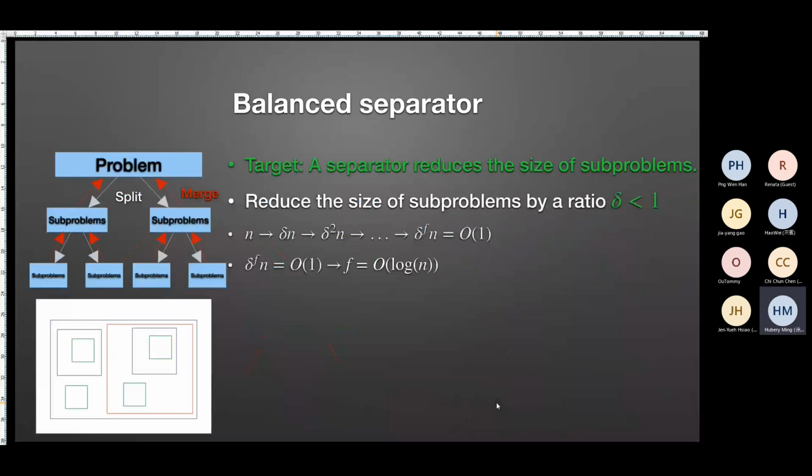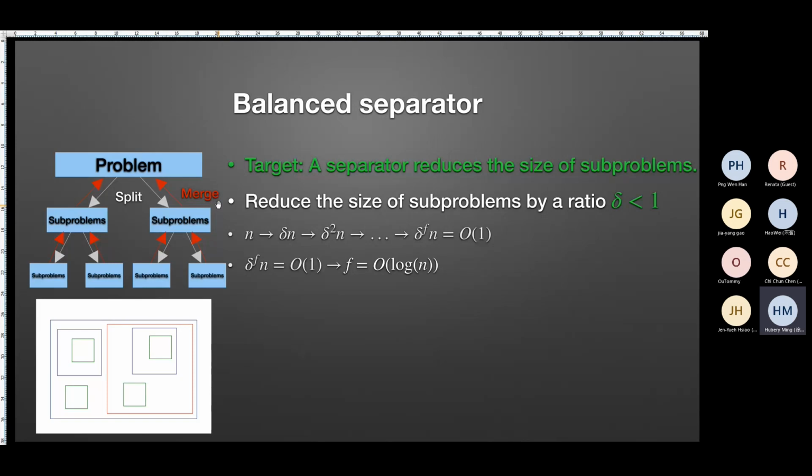The topic of the balance separator is actually to reduce the size of the problems. That is to say, we would like to use the separator to split a large amount of points into multiple small pieces. This is straightforward to define a ratio delta that is smaller than 1, such that we could use this ratio to split